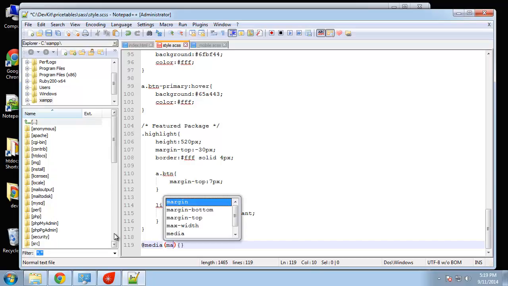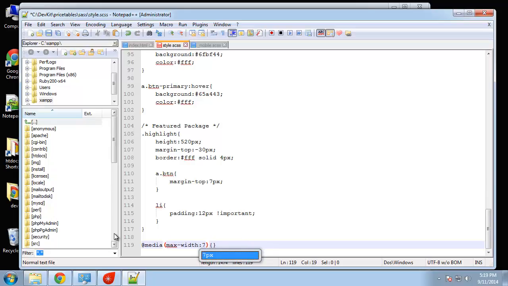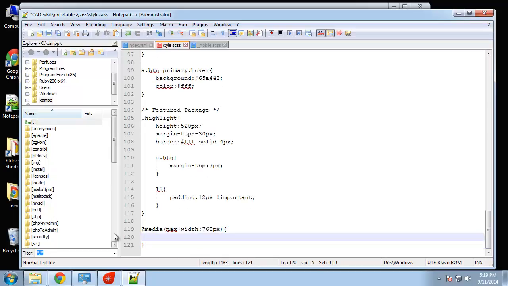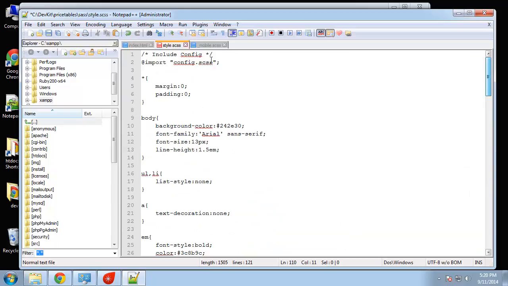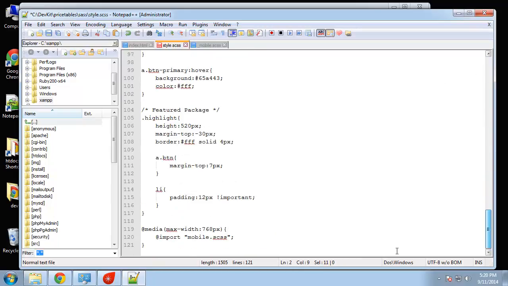And what we're going to do is a max width of 768 pixels, which is a tablet or smaller. And then we're just going to include or import the mobile.scss file. Okay, just like we imported the config up here, this will be imported only when the window is 768 or less. So let's save that, go in the mobile,